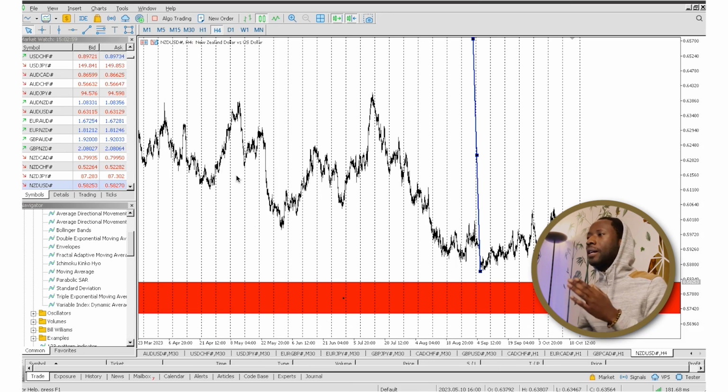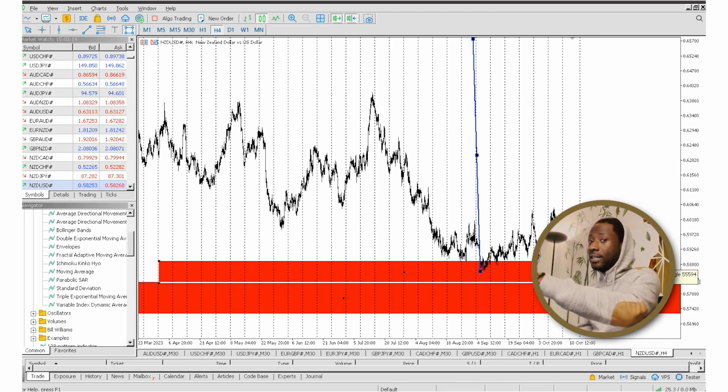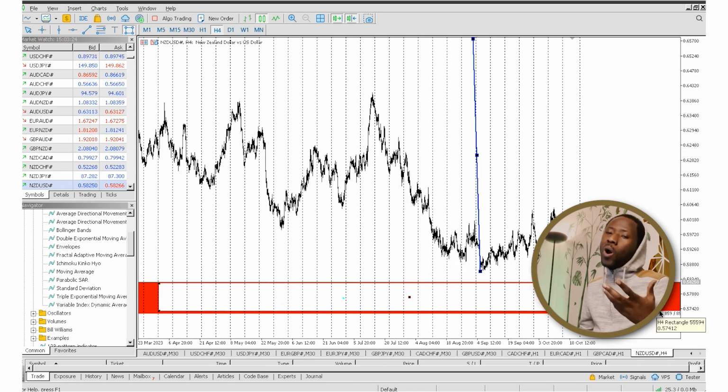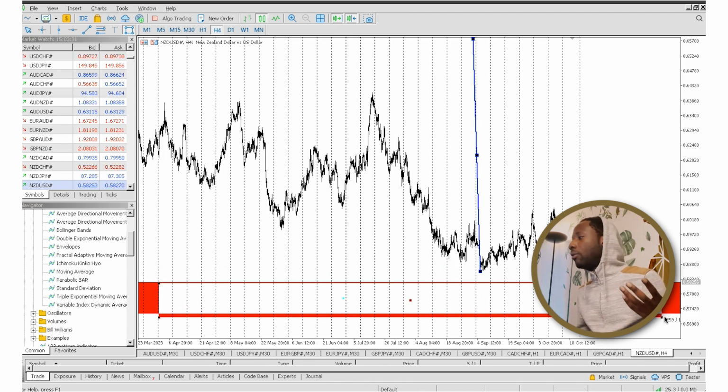I come to the 4-hour time frame, which is the last area where I see it, and I get the zone again. I draw it from, let's say, here to here with the same color. You see, guys, it's important because you are drawing this in reference to the monthly time frame, so you should use the same color. All right, it's quite laborious. That's why I said, hey, these are some of the downsides of MetaTrader.